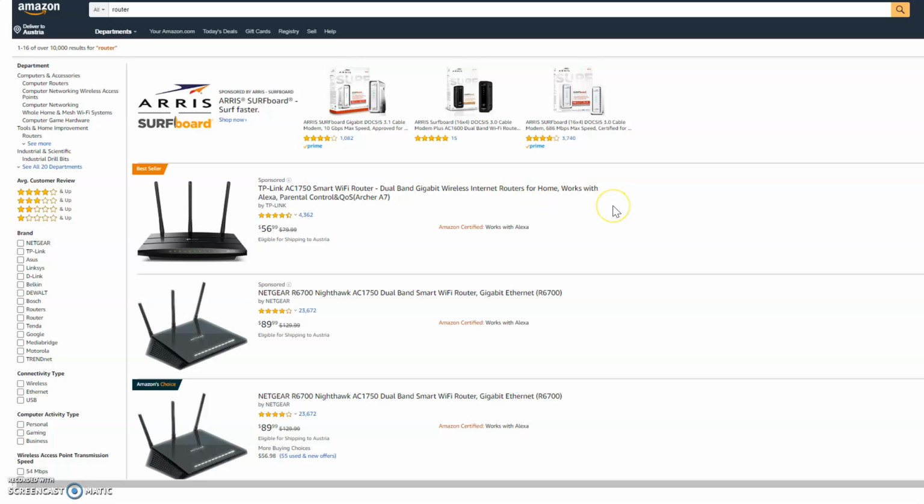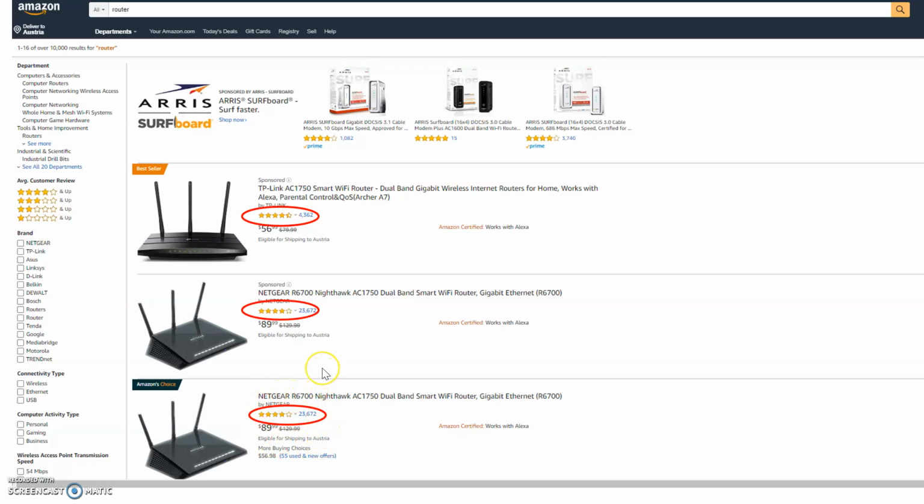Well, there are several cues helping you to make the final decision. Let's say you can rely on the ratings, right? And how many customers have bought it. And also the overall ratings. So we can see this first router got 4.5 stars, but this one only got 4 stars.